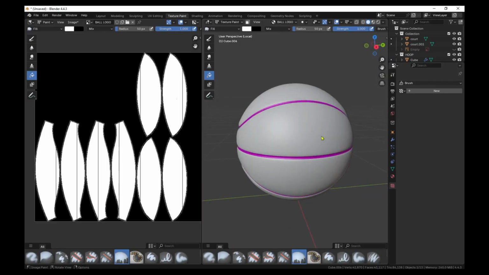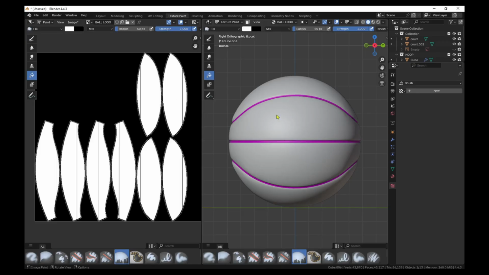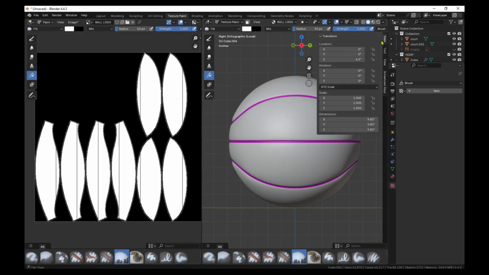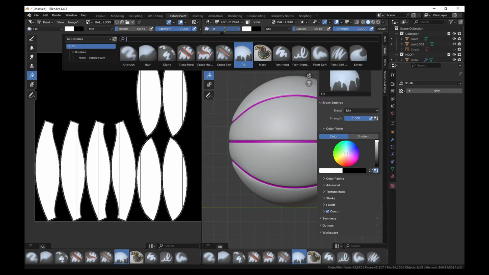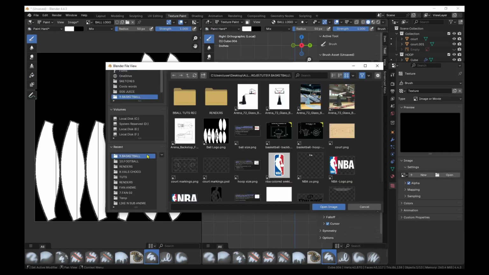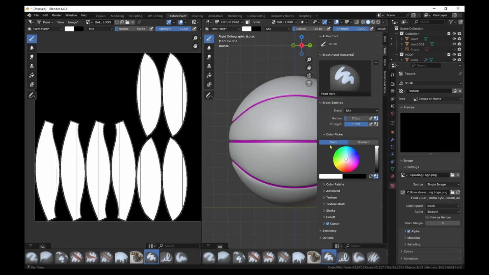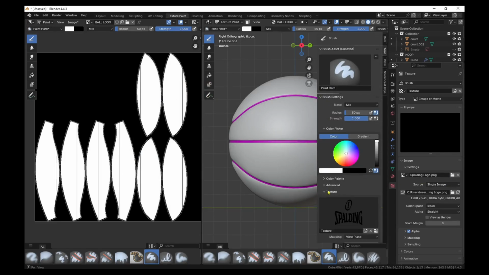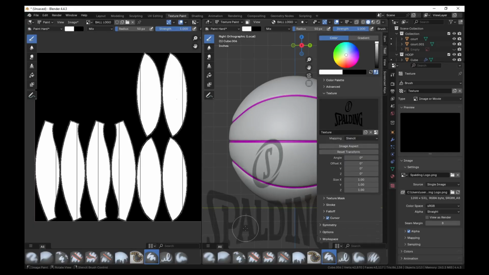That's the first step. So now let's go to our side view where we are going to be putting the logo, and then we can open our properties menu and then come to this tool, and then for this, let's change this back to our paint hard brush. And for this texture that we've created, let's open the logo that we are going to be using, the Spalding logo. So we now have our texture, and then let's come to this texture drop down, and then change it from view plane to stencil. So you can see that we have our texture here,